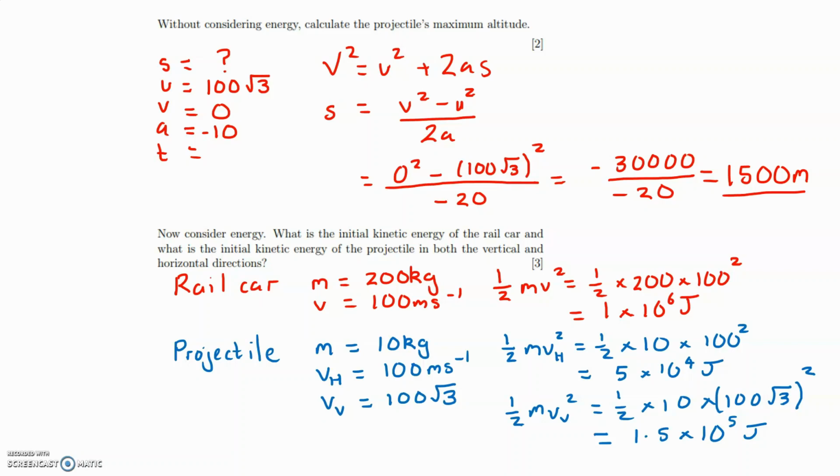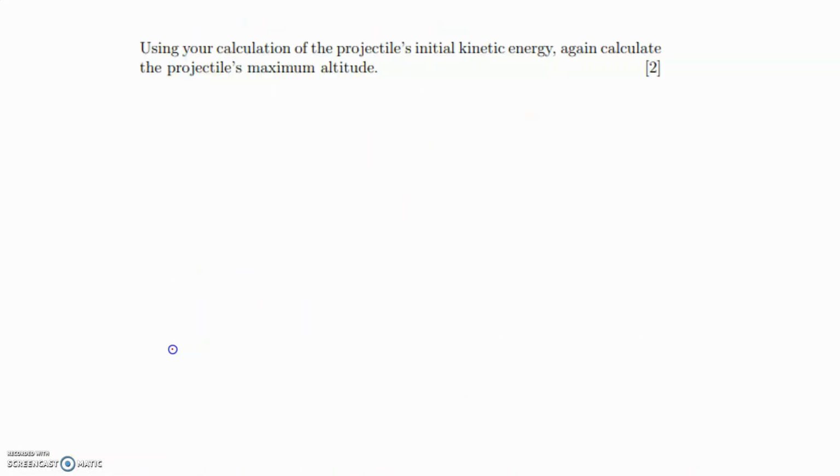So just to recap, have we covered everything? We've calculated the initial kinetic energy of the rail car, which is here, and the kinetic energy of the projectile in the vertical direction, which is that number there, and the kinetic energy of the projectile in the horizontal direction, which is that number there. And moving on to the next part, using your calculation of the projectile's initial kinetic energy, again calculate the projectile's maximum altitude. So this question keeps getting better and better really in terms of helping you to understand the physics